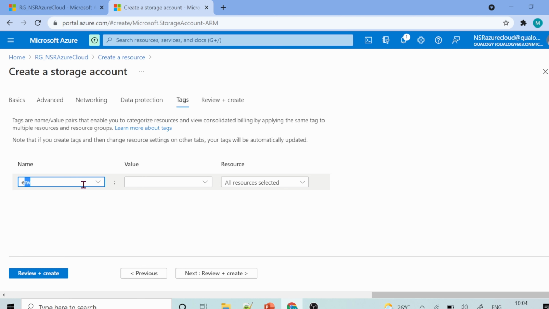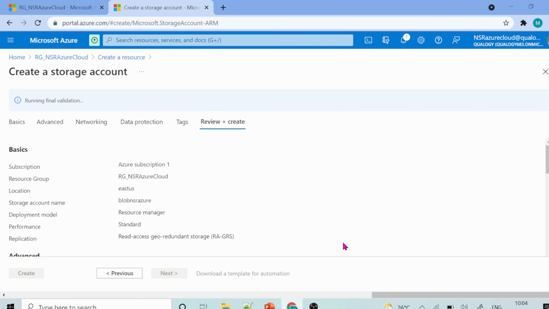Here you can give an environment, which could be, suppose, a development environment. Then let me just review and create. It is running a validation, and once everything is fine, you will be able to see that. Now the validation has passed, so you can go and create it.